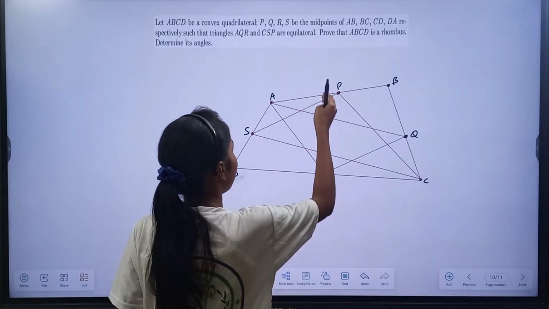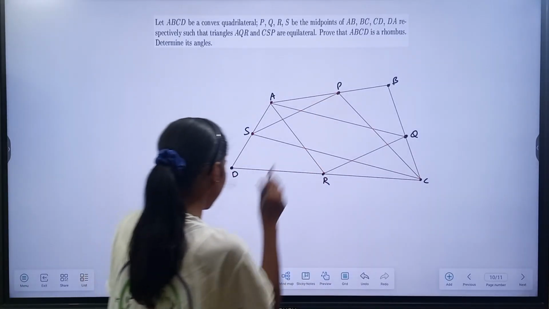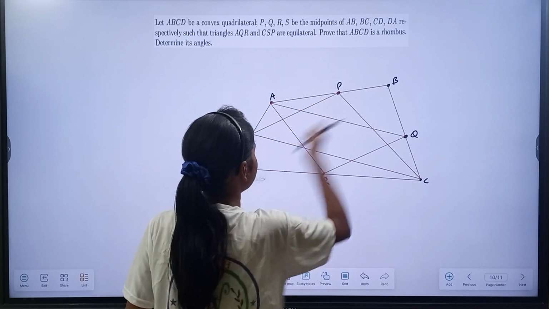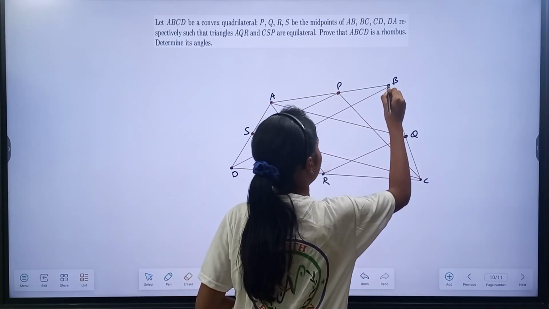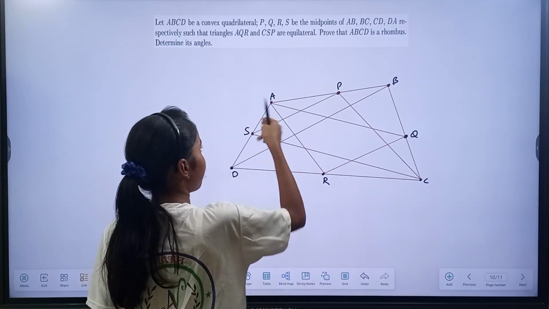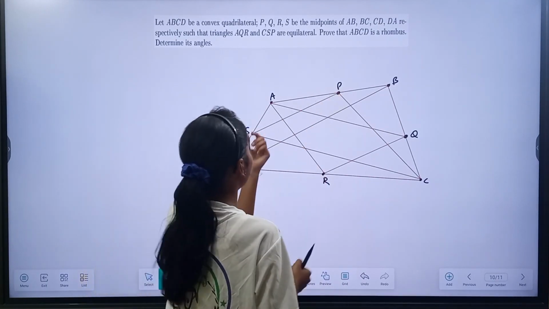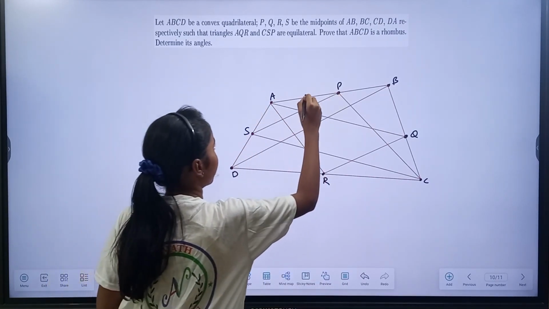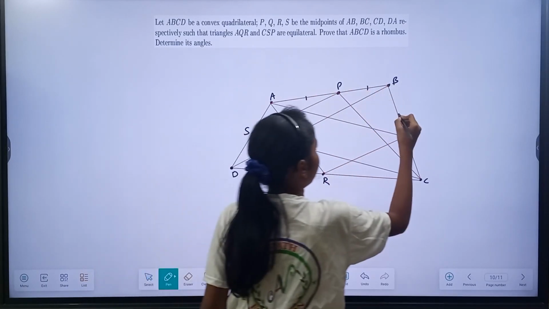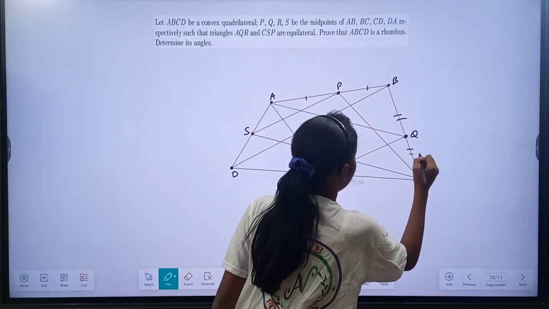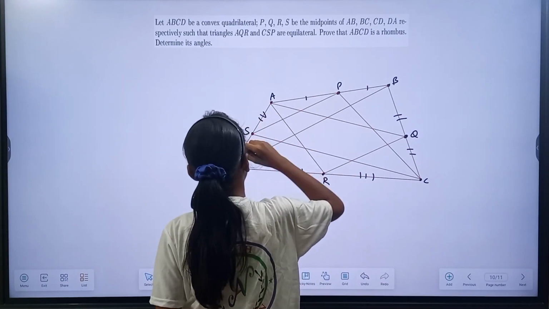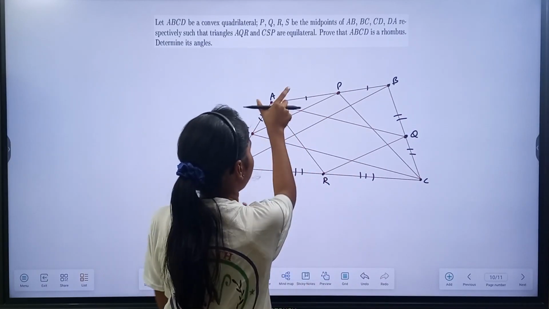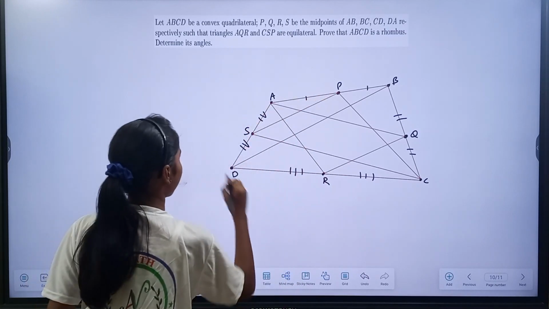So we'll draw the diagonal BD. And from that, we have P and S as midpoints. P is a midpoint, Q is a midpoint, R is a midpoint, and S is also a midpoint. So we have A, P and S, where P and S are midpoints. So by the SAS property we can write